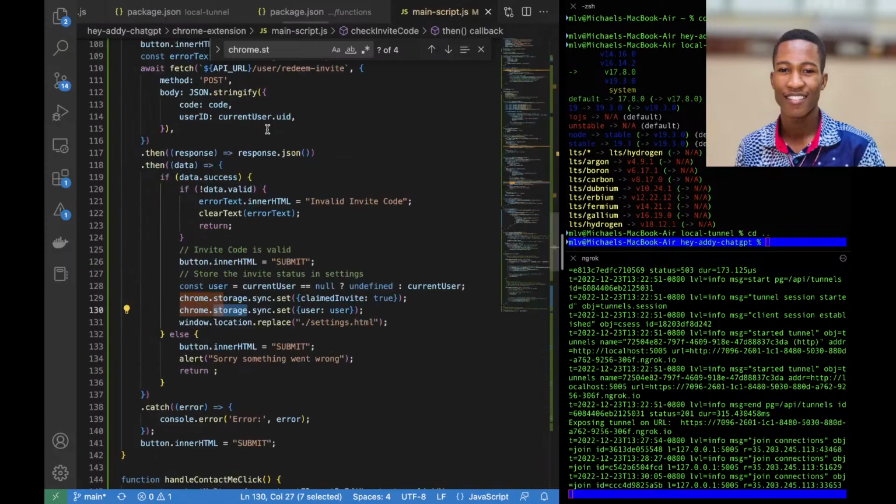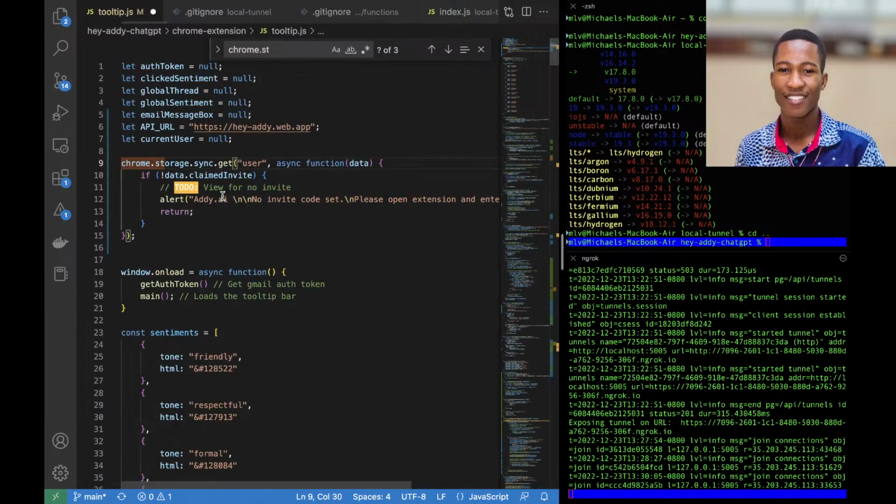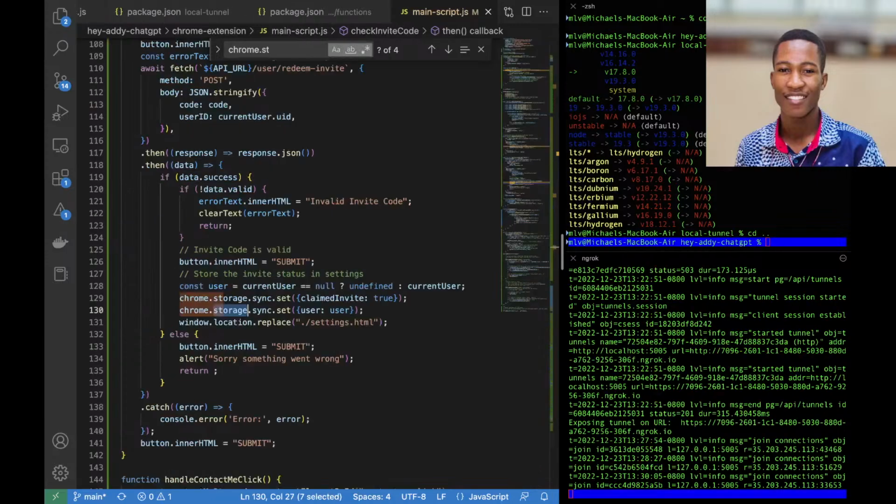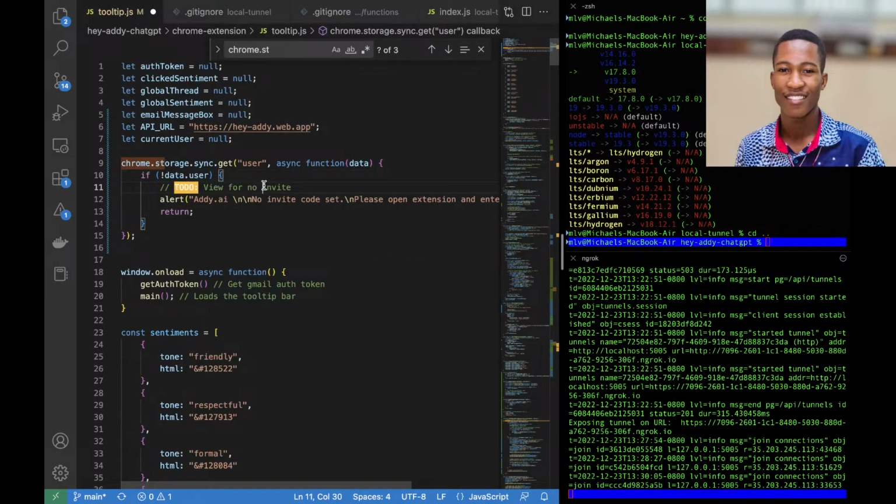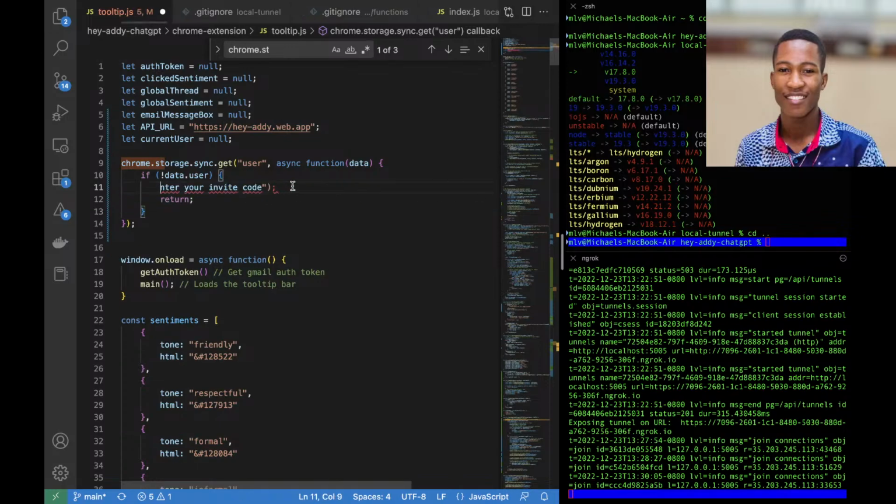I have a feeling I'm storing it as like user. So no user, go to